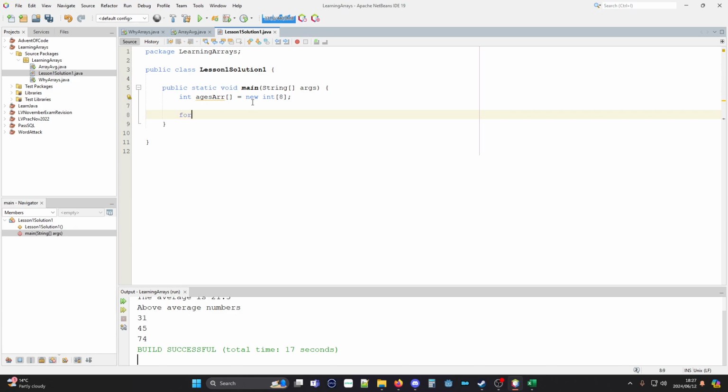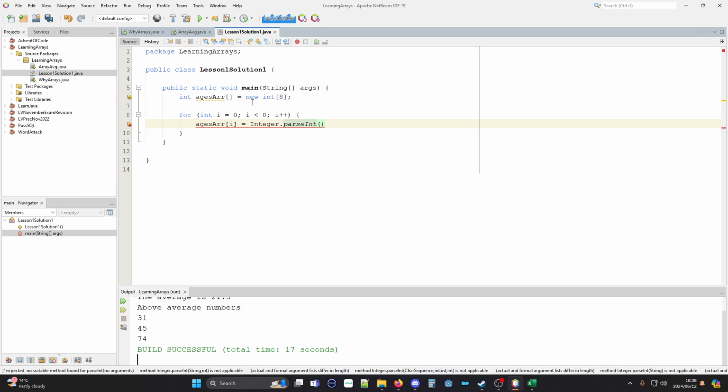So I'm going to create a for loop. I want to go from 0 up to, but not including 8. That's why it's i less than 8. If you wondered how I got that for loop up there so fast, I typed for, tab. If you don't know how to do a for loop, type it out manually, and once you've done it a million times like I have, then take the shortcut. So I'm going to say agesArr. If I did agesArr[0], it would literally write into the same block over and over again. So I need agesArr[i] equal to